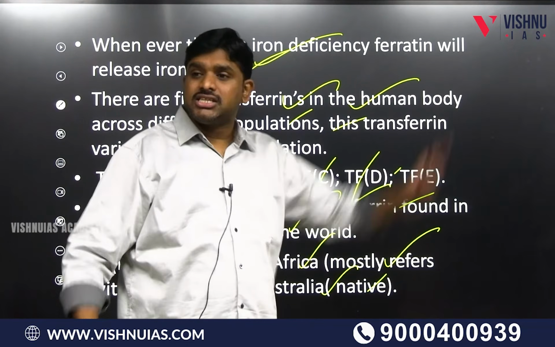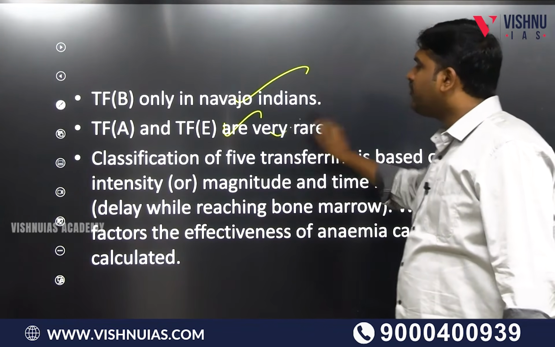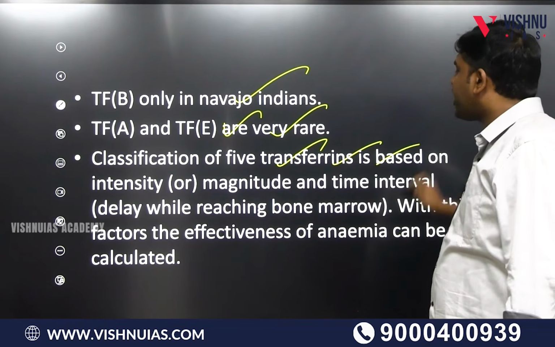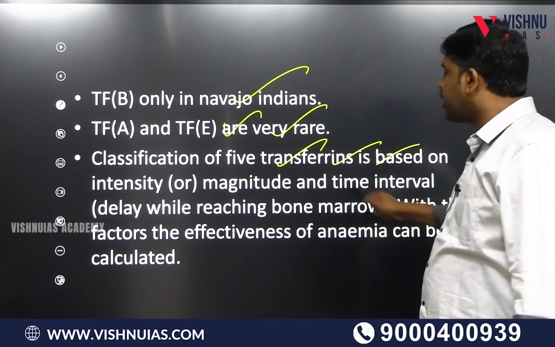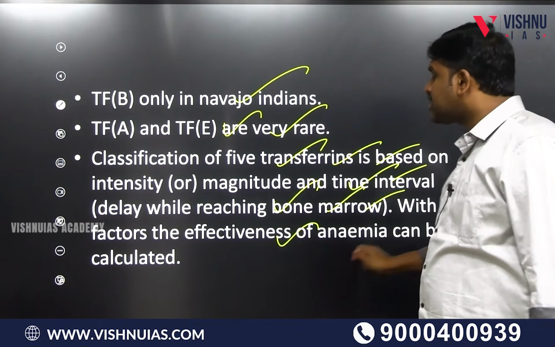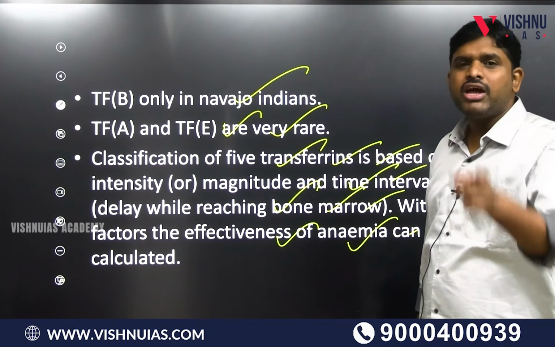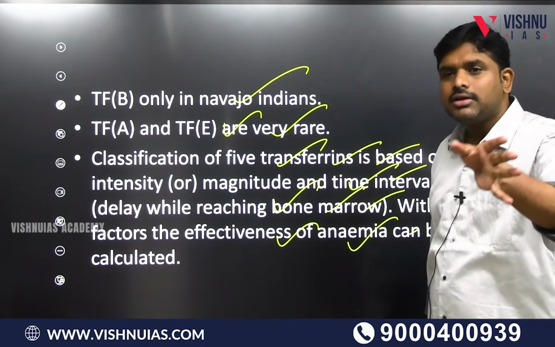When iron is in excess, then TFB is found only in Navajo Indians, and TFA and TFE are very rare. Classification of the 5 transferrins is based on intensity or magnitude and time interval, the delay while reaching the bone marrow. With these factors, the effectiveness against anemia can be calculated. That is the reason where TFD is there, the people are suffering with